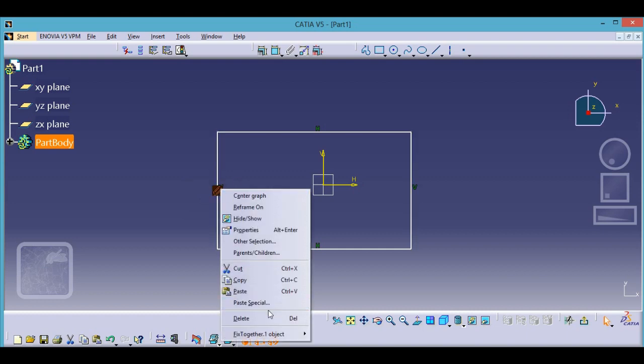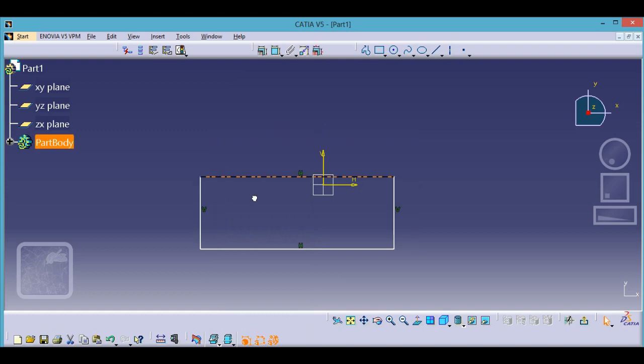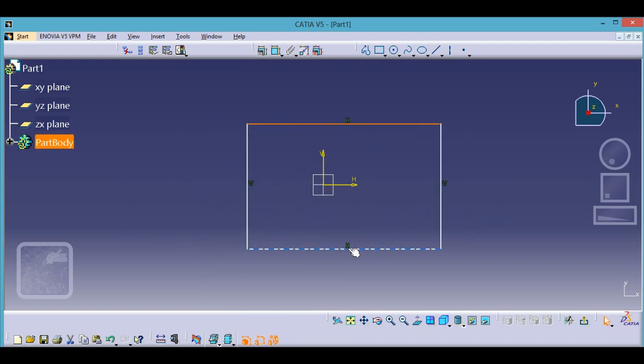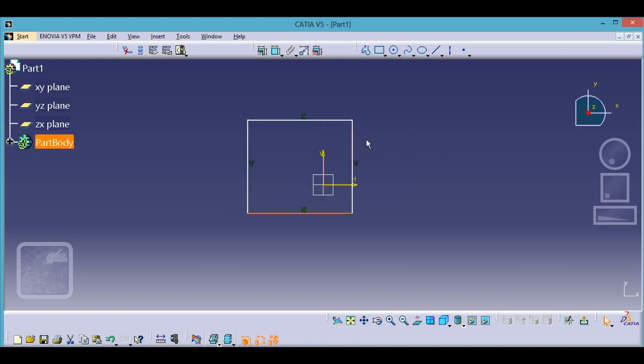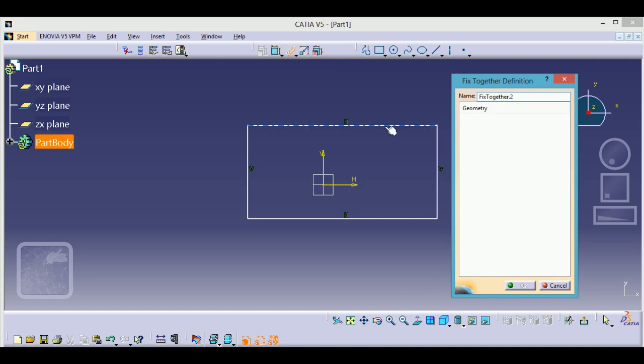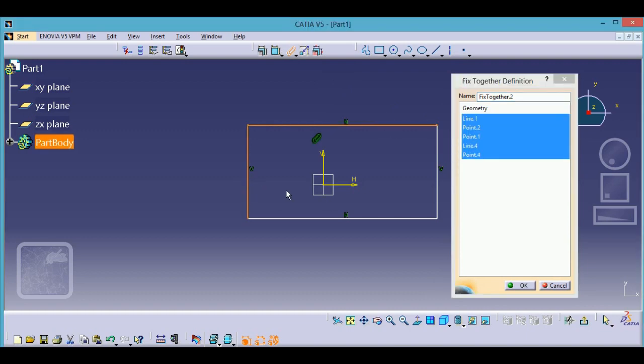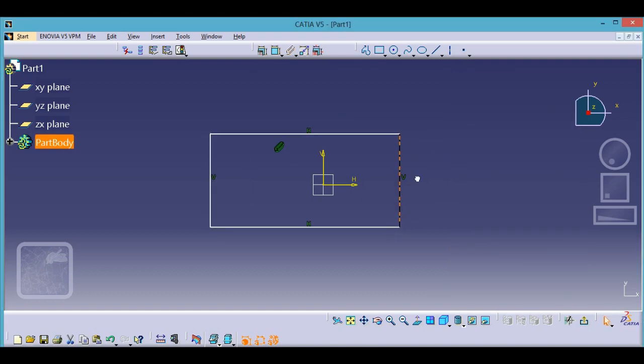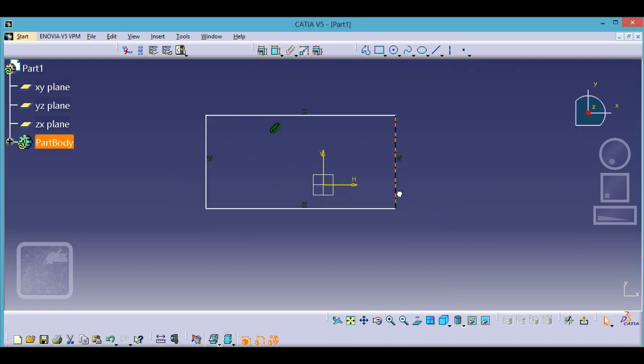If I delete this fix together, you can see that your diagram will not be very proper. It can just move anywhere you want, but in case I need to fix it, what I will do, I will select this and select this. Okay, with the two I can just lock my sketch. Okay, that's all about your fix sketch.